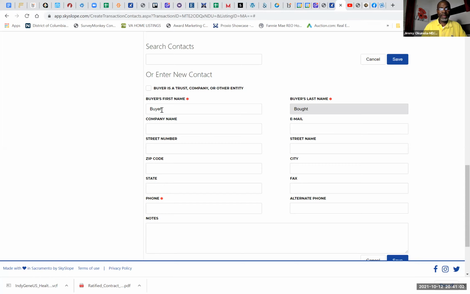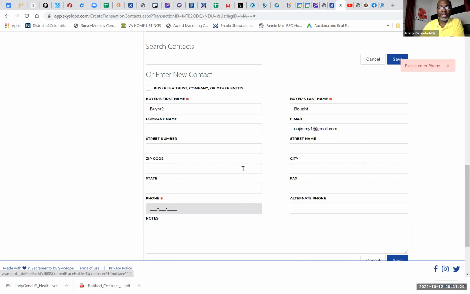And remember that, because what's going to be significant is when you're doing documents for every single thing to be signed, you do not necessarily need to have both of them signing, except, of course, let's say for some reason you have, enter phone number. Let's say for some reason you have,